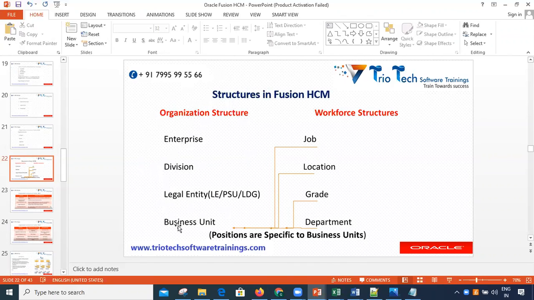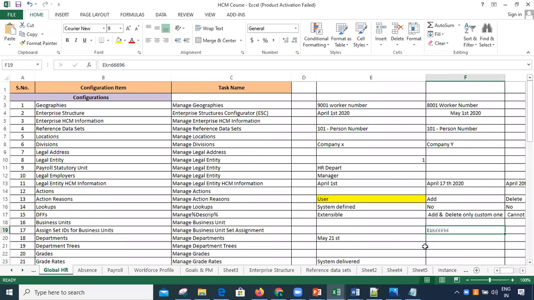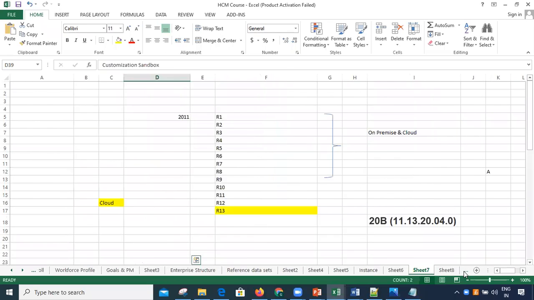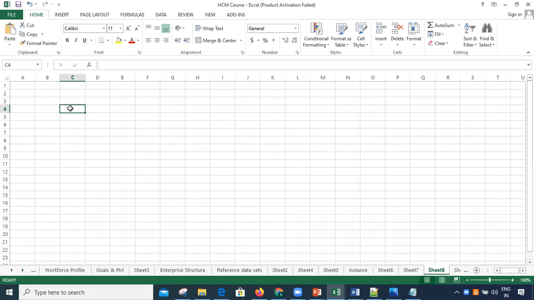Now we will take the scenario of one company and understand what is meant by enterprise, what is a division, what is a legal entity, and what is a business unit. So let me go to the spreadsheet, and let us pick up a blank spreadsheet. Everyone knows the Tata company, right? So let us pick up the example of that company and understand the organization structure in the Fusion application.